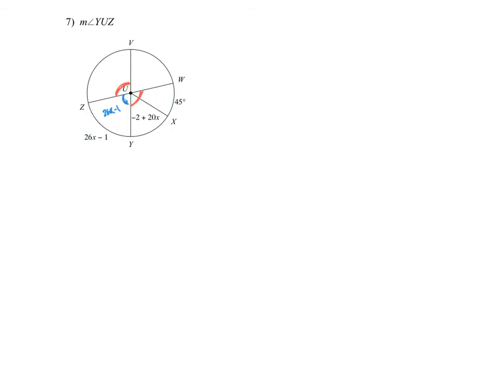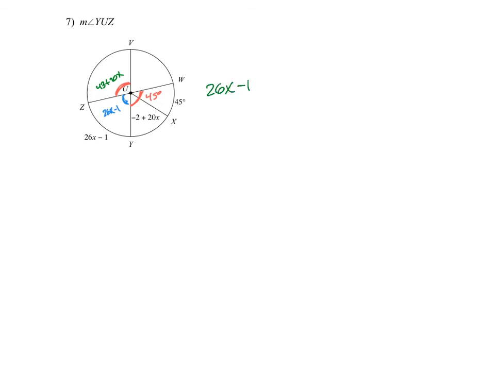So that means that this one is negative 2 plus 20x plus 45. So this is actually 43 plus 20x, right? Because I'm adding negative 2 plus 20x plus 45. Remember that this angle is 45. Okay? So now I have that right here. I have a diameter. So that means that